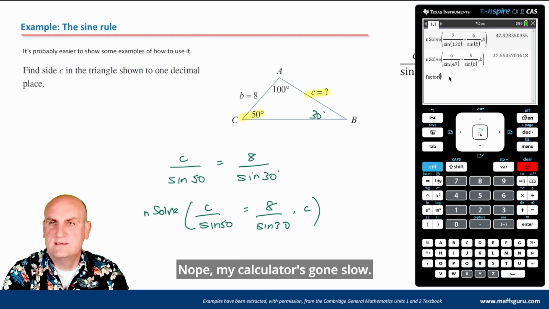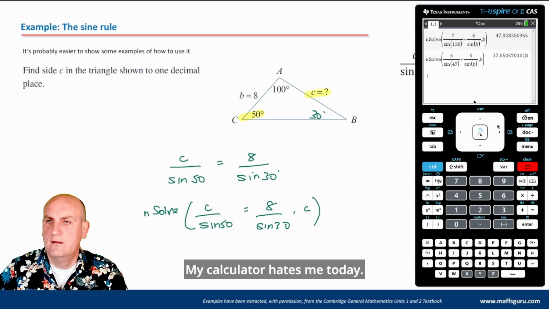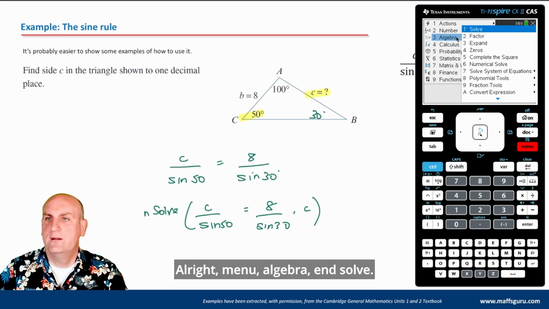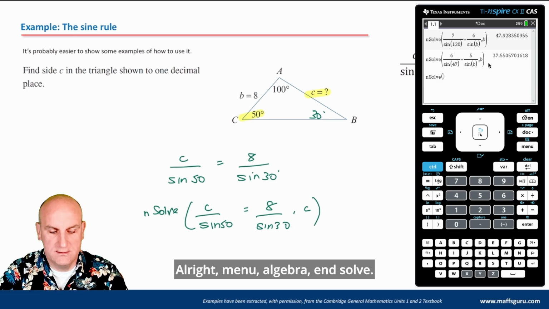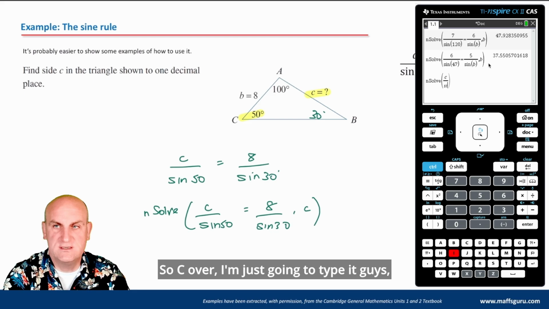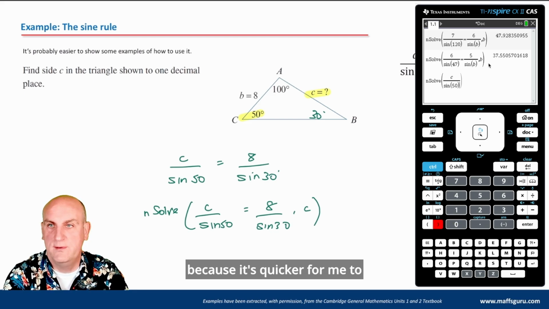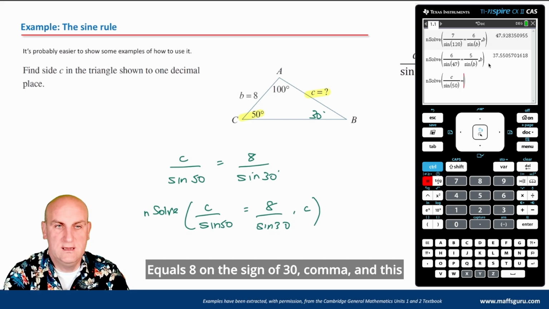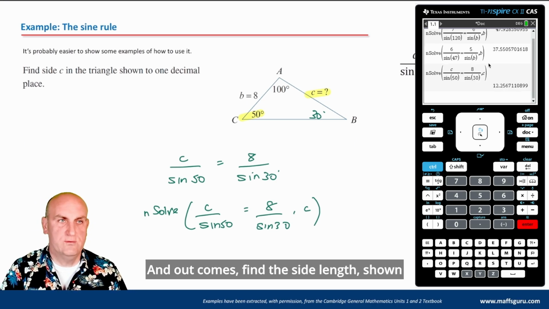Nope, my calculator's gone slow. My calculator hates me today. All right, menu, algebra, solve, fraction, if you will, be so kind. So C over, I'm just going to type it, guys, because it's quicker for me to type it than hit all the buttons. C over sine of 30 equals 8 over sine of 30, comma, and in this situation C, hit enter, and out comes,